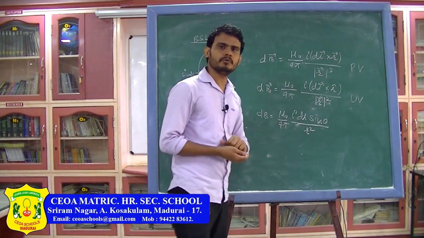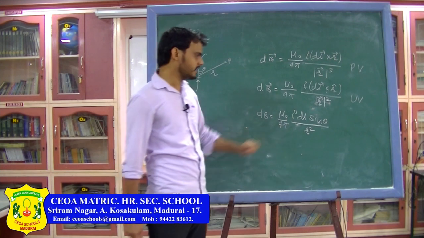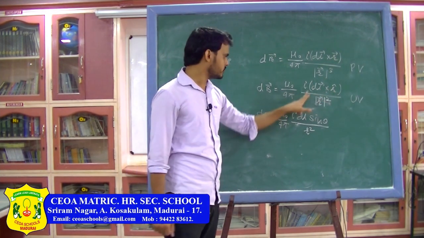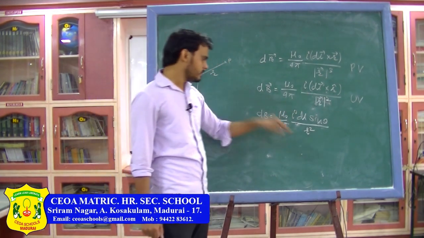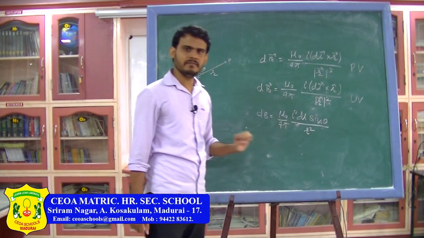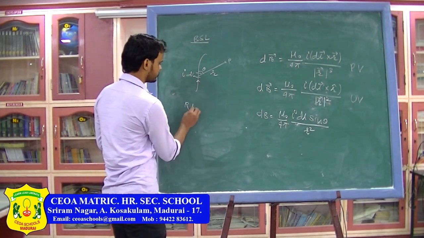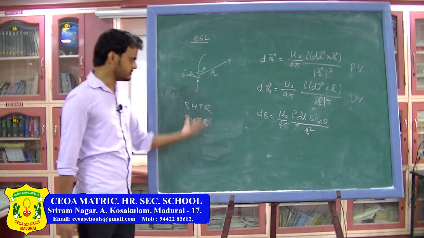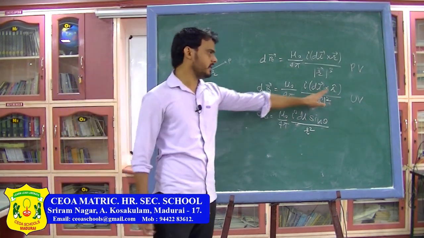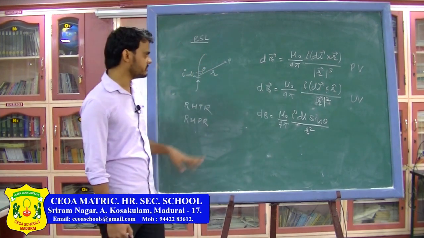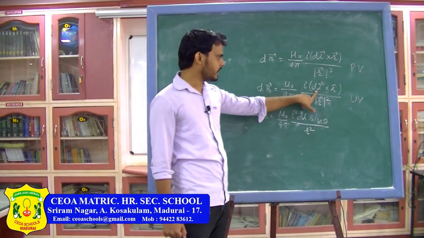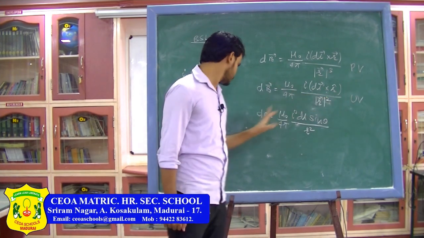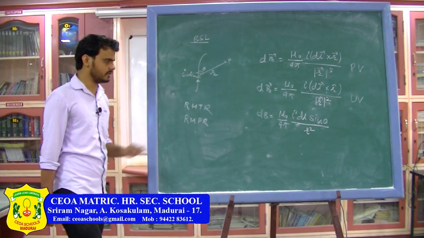Now the question comes, how do we find the direction? As you can see here, the direction is given by the cross product of dl and r. The direction of the magnetic field can be found out by the right hand thumb rule or the right hand palm rule. Both of them we have seen in an earlier class: if you have A cross B, to find its direction, you keep your fingers in the direction of A and curl them towards B, and it will give you the direction of the vector n cap. Similarly here we can find the direction of the magnetic field.